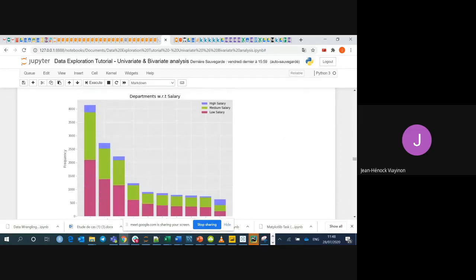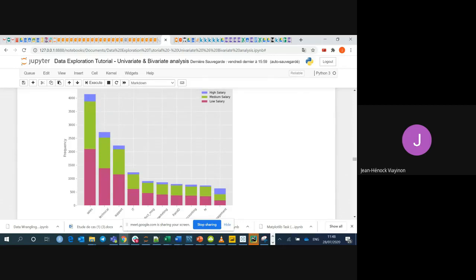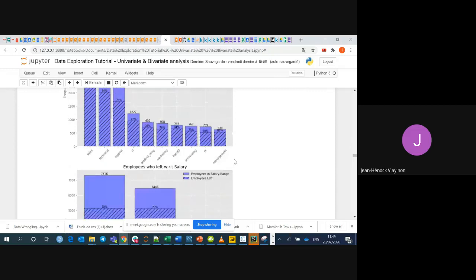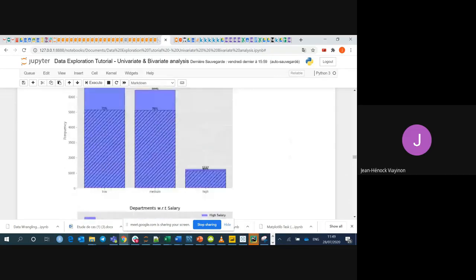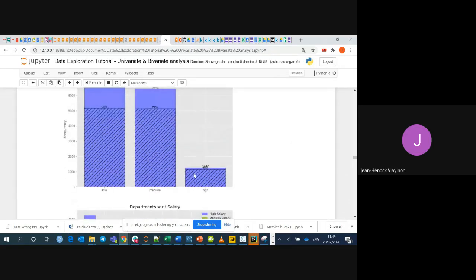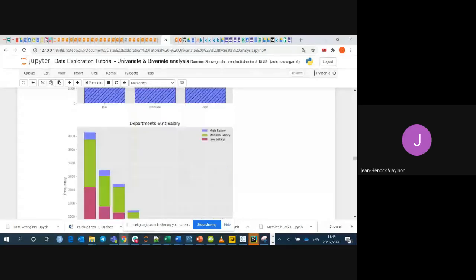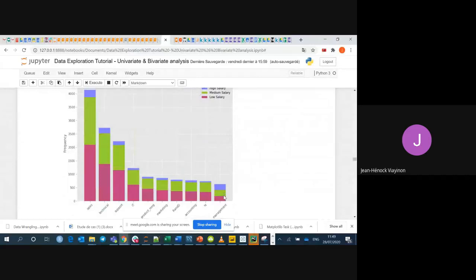So in which department, this actually reflects what I was saying. In which department do we have the most high level salary? In the management department. So this justifies that yes, they are leaving a lot in the management department, and for the high level salary they are leaving also a lot, but it's simply because the high level salary is actually in the management department. So this is the kind of thinking I wanted you to have.